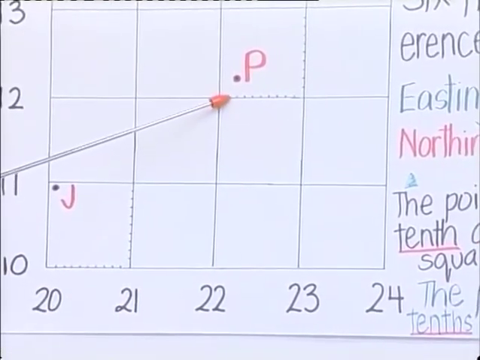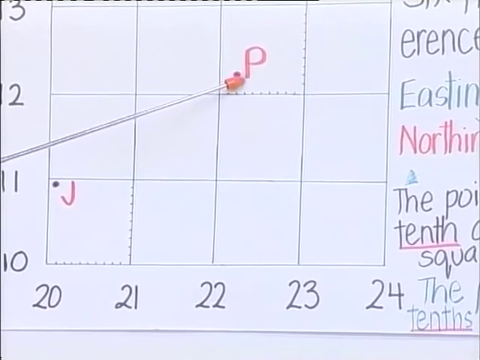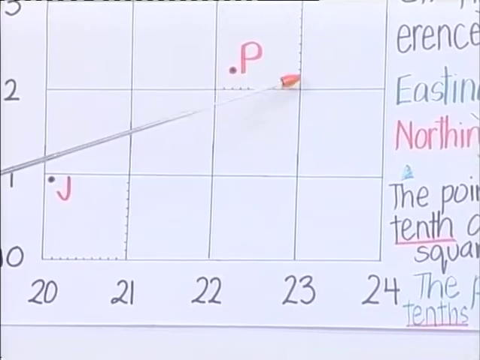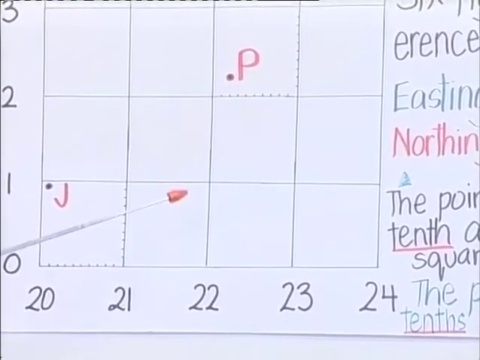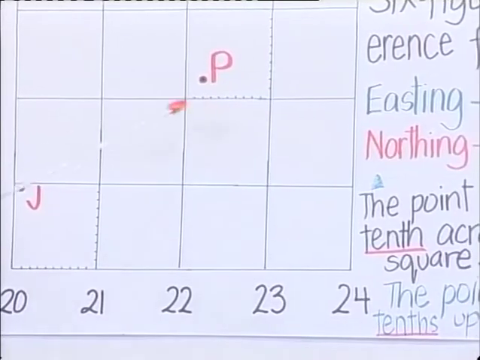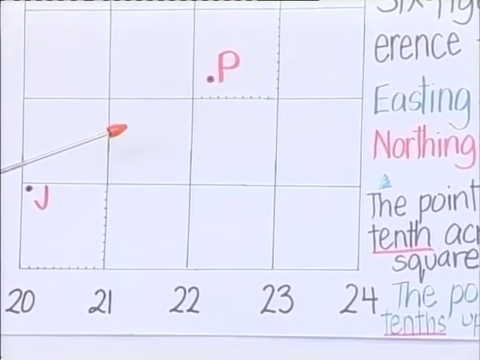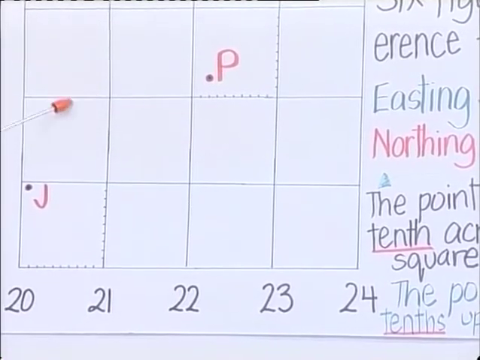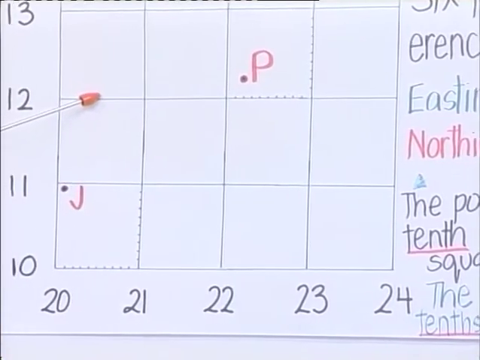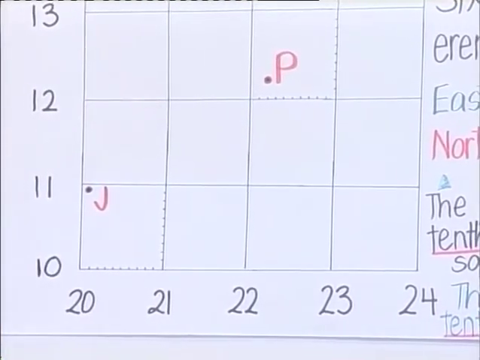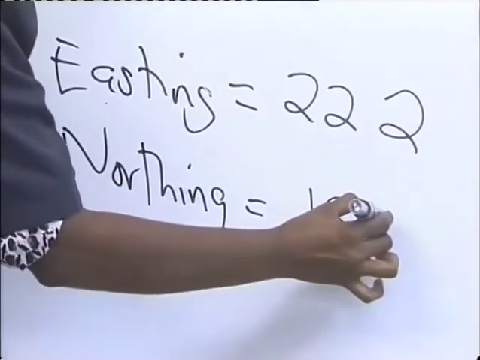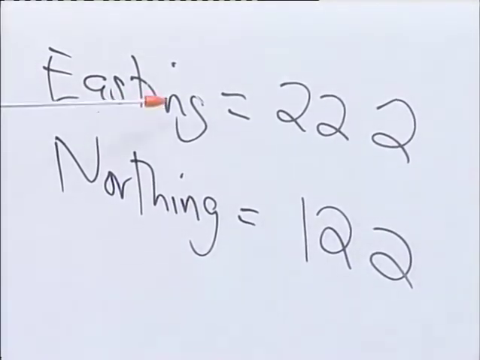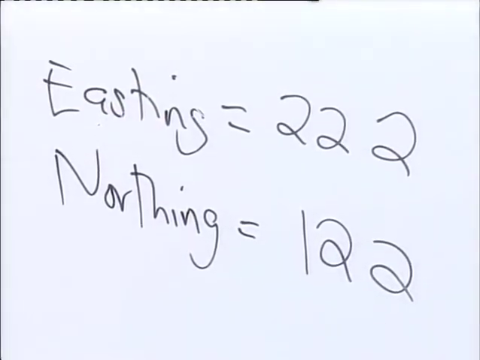Noting, remember you are going up. It's still estimated 2 tens up, all right, up the square. See, 1, 2, all right, I hope so. It's 2, all right, so what will it be? What's the noting? 12, 2 tens, so 12 what? 12, 2. Because you see, all right, the Easting, we looked at the Easting, all right, it's 22,